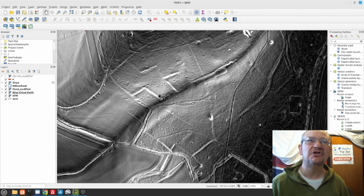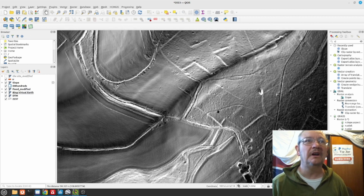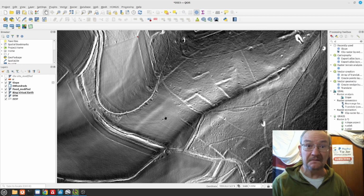See how sharp that edge is? Look at it here where it's been ploughed. Look, it's hardly noticeable. So what I will do over time is I will gradually go through this map, and I'll look up sources for stuff that's been found, and